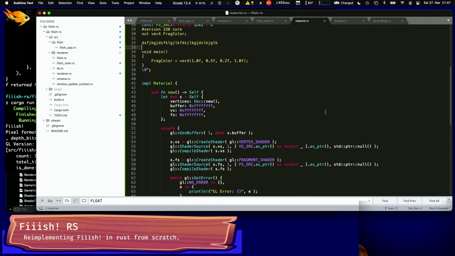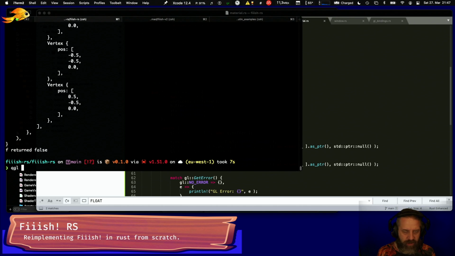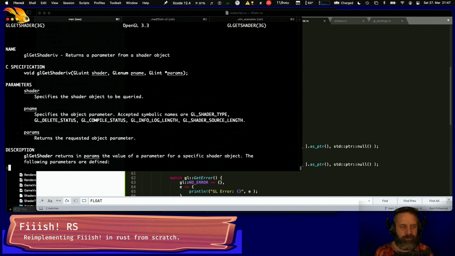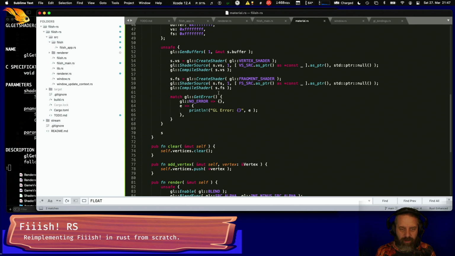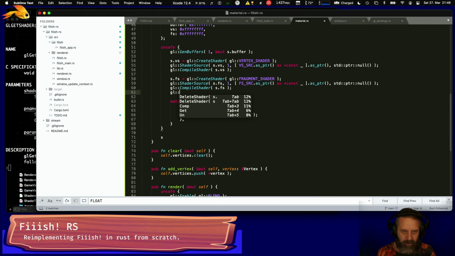The compile shader, you can get the info log, right? So there's a gl get shader IV, yeah. And then you can say, hey, give me the status, right? So give me the info log length, and if the info log length is larger than 0, something broke. So let's say we intentionally broke the fragment shader, and we will wrap that tomorrow, but if you could go gl get shader IV for the fragment shader, and that